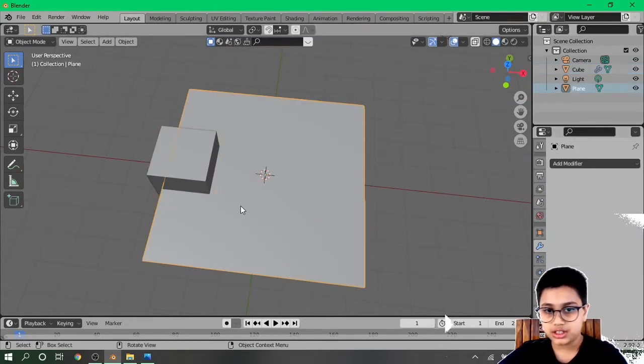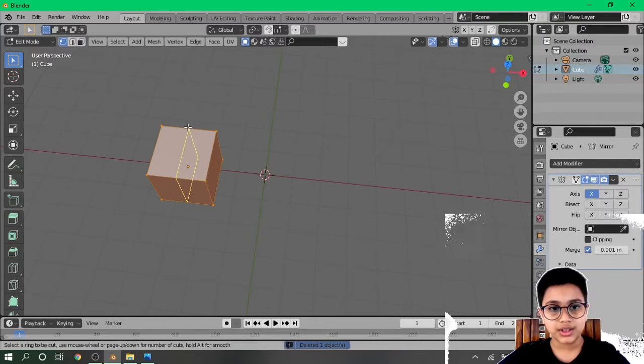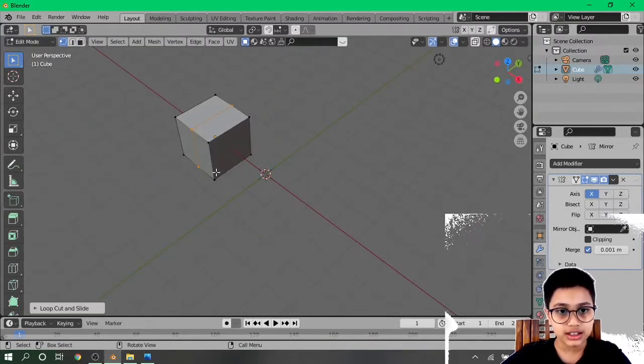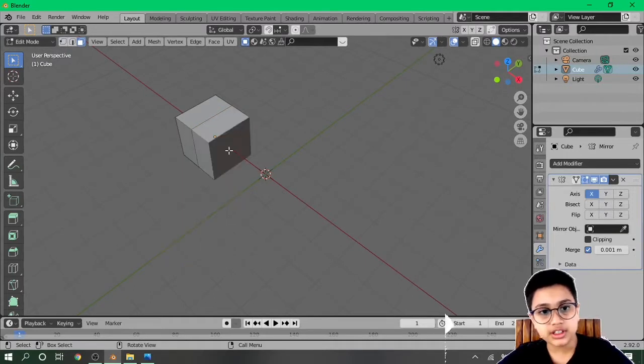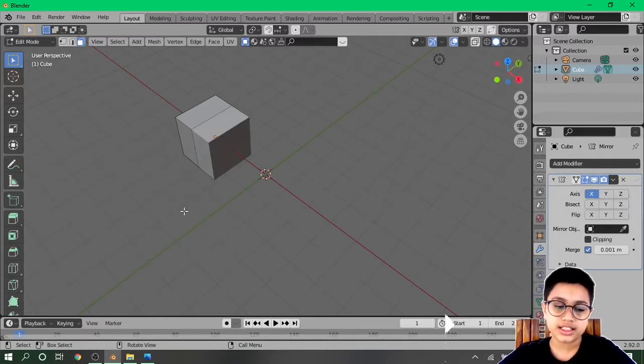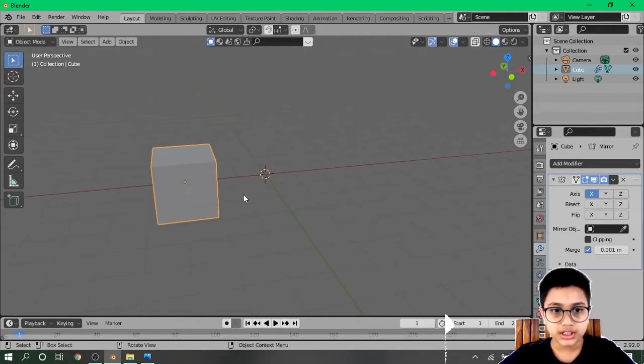And if you disable it, delete the plane, go to edit mode, add a vertex by pressing Ctrl R or Command R. You delete the vertices. You have a mirrored object.